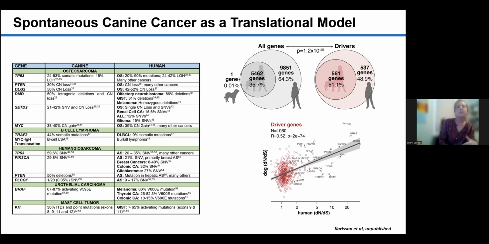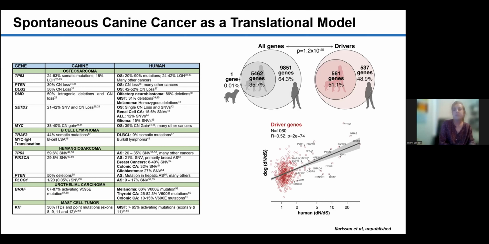The same is true for B-cell lymphomas, hemangiosarcoma, urothelial carcinomas, and mast cell cancer, which is a cancer that is not common in people, but very common in dogs, and in dogs it carries a KIT mutation. KIT mutations in dog mast cell cancer really act as a model of KIT mutation in human cancers, and a human cancer that has a lot of KIT mutation is called GIST. So what we're learning is that even though the histologies don't always match up, in some of the cancers we can find matching genomic alterations. So we can study how these genomic alterations are different across different kinds of cancers by using this comparative approach.